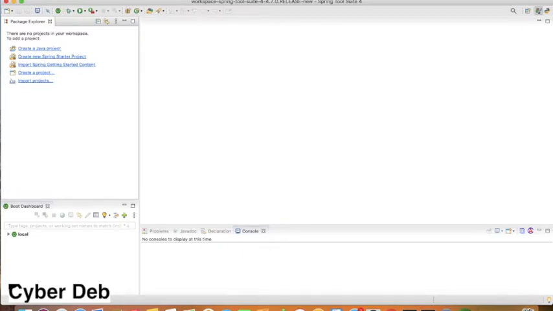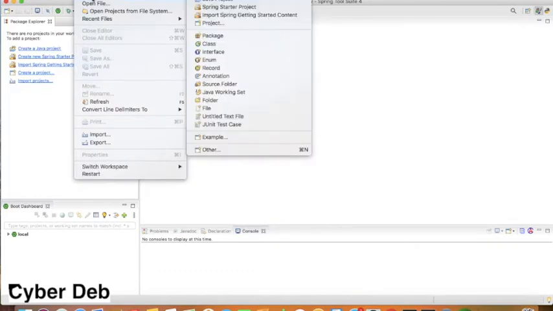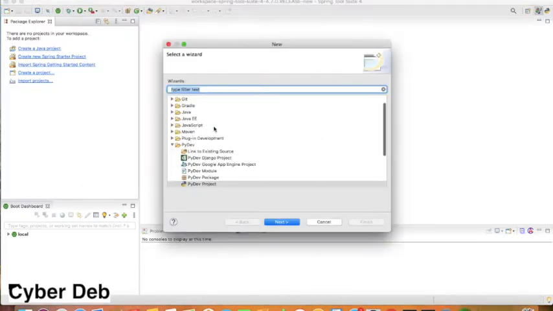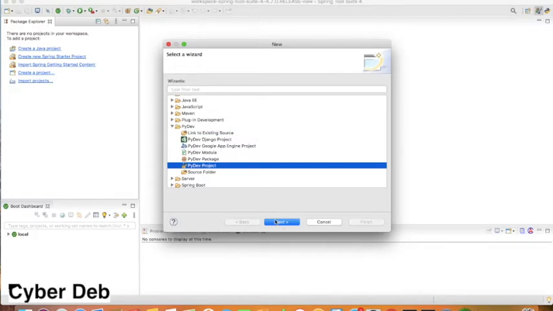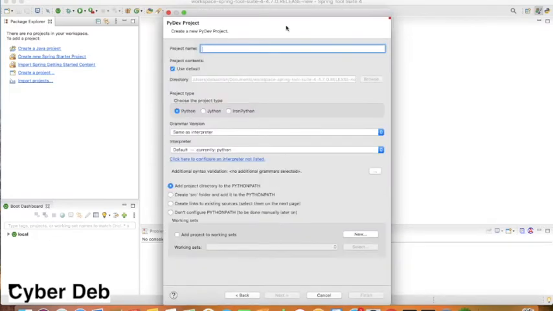For creating the project, click on File, New, go for Other, then under PyDev you will have different choices starting from Django to module, package, project. So today we are going to create a PyDev project. Next, provide the project name. Suppose I will say my first Py project is the project name.